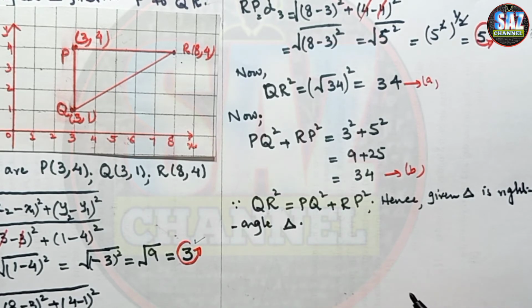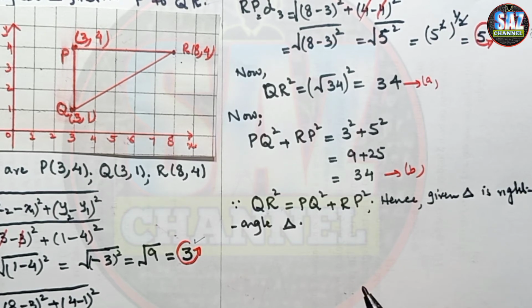I hope you are clear how we are deciding that the given triangle is a right angled triangle with the help of the coordinates given. And now you can take help from the D2 chapter number 10 as well, and integrate both the lessons so that your concepts become more clear.